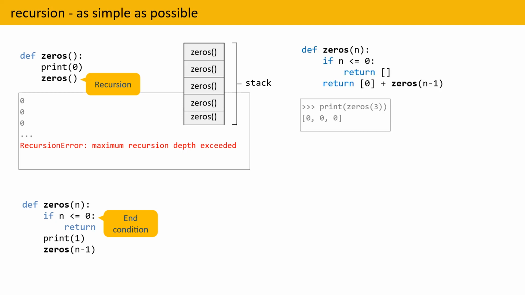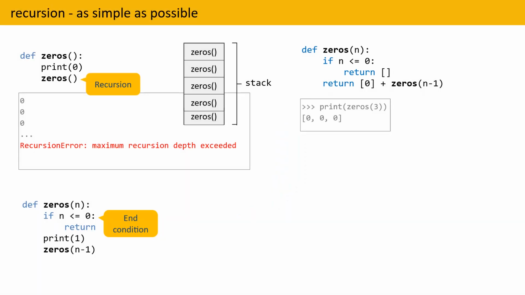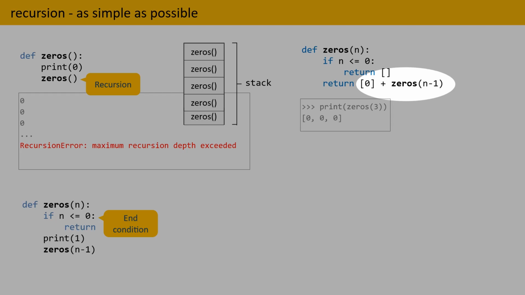Let us change the zeros function to return a list of n zeros instead of printing it. The end condition is almost the same, but we return an empty list. The recursive call, however, looks interesting. We return a list with 1 0 in it and add or append the list that is returned by